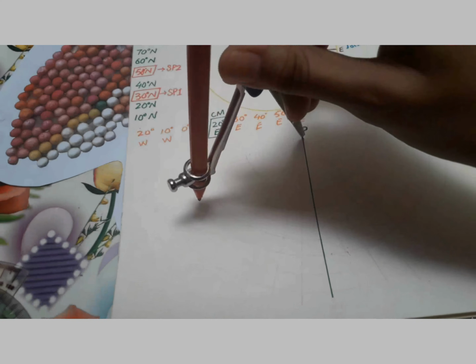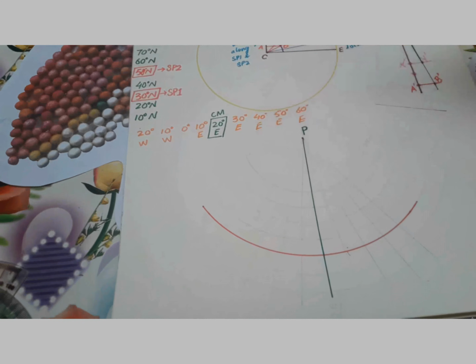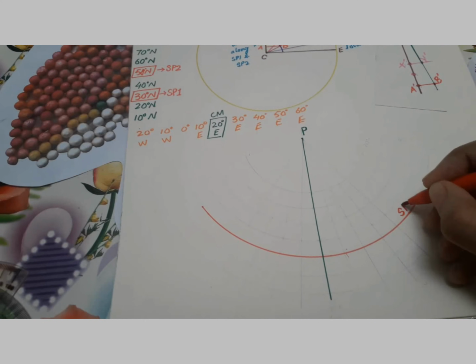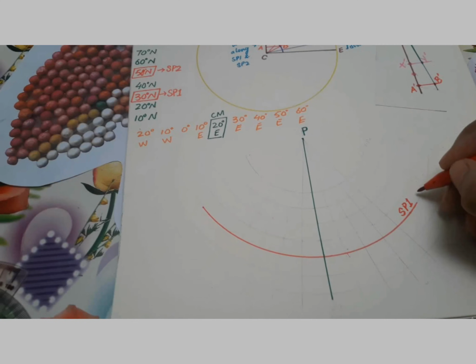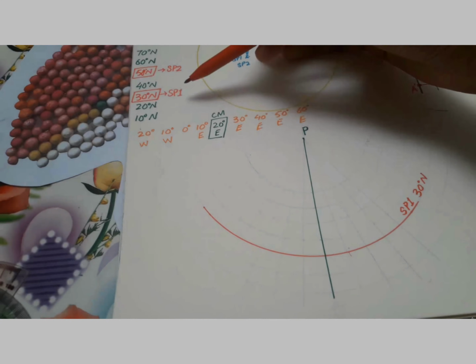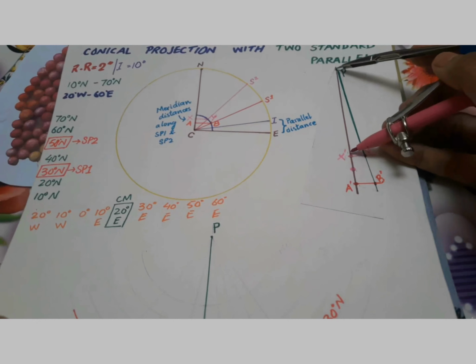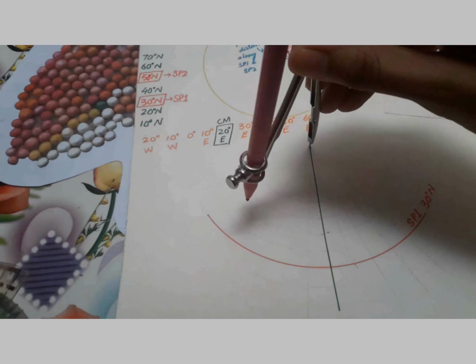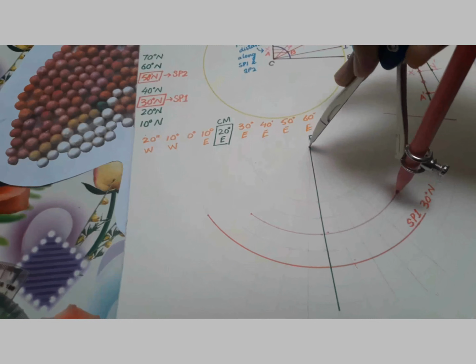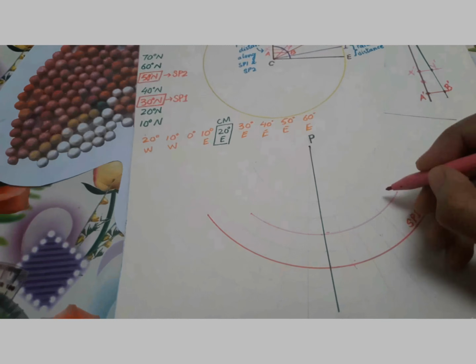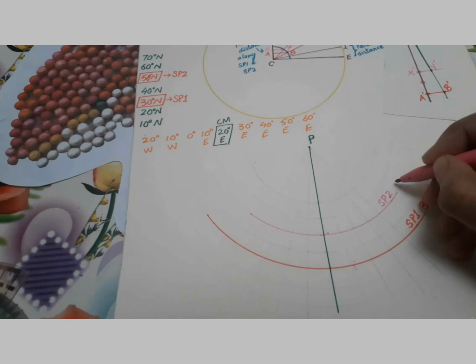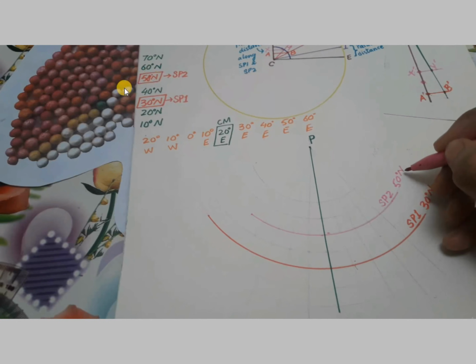we will make our standard parallel 1, and remember to label the standard parallel immediately so that you don't forget. SP1 and the value is 30 degree north as shown here. Now we will take an arc equal to Px dash for standard parallel 2. Here, after making the arc, we will label it as SP2 and the value from the list is 50 degree